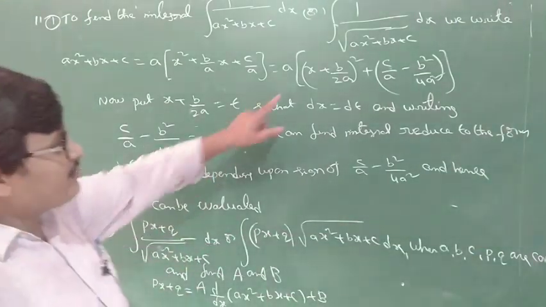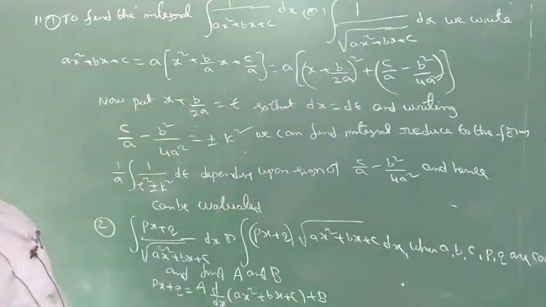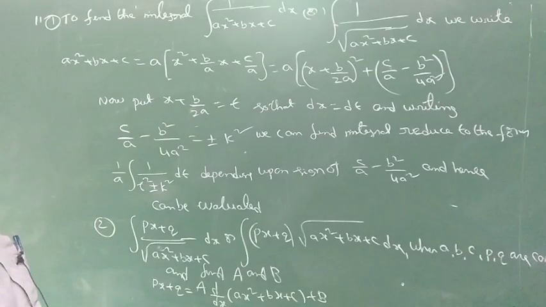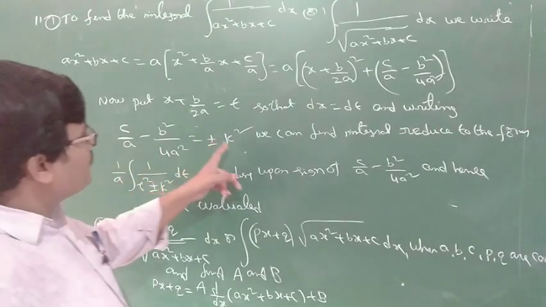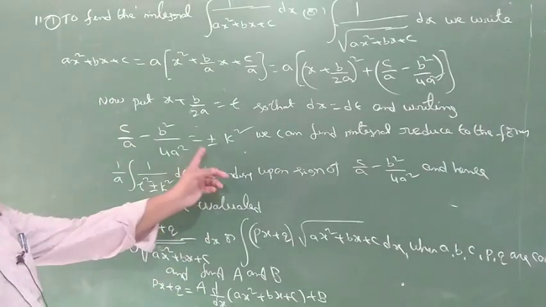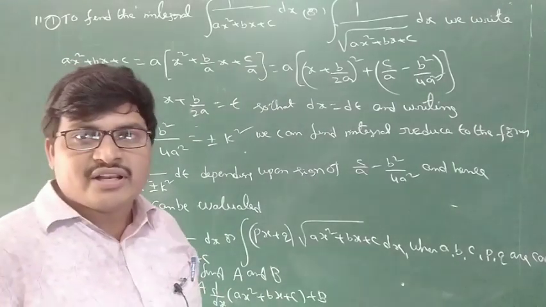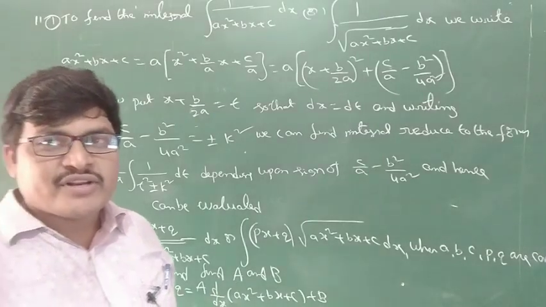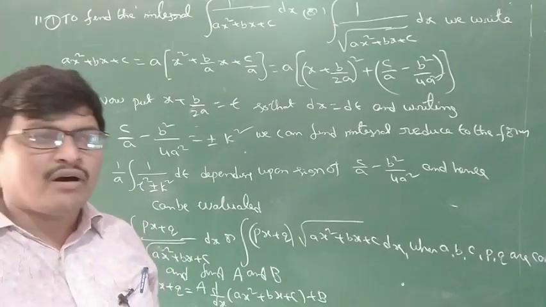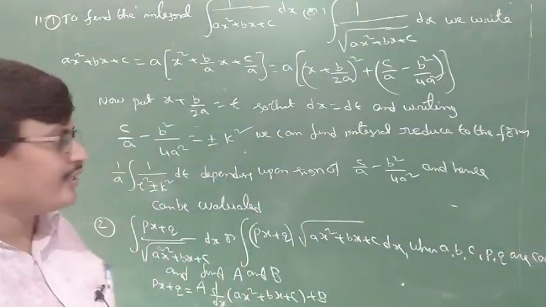Here x is equal to what? x plus something or x minus something. This is taken as t, first taken t, and then the derivative with respect to x. Okay, this is reduced into some plus or minus k square, plus k or minus k, a negative value or positive value, plus or minus k square, because in particular function formulas the types are x square minus a square, x square plus a square, not x plus a square type. There is no type of x plus a square. All formulas are x square minus a square or x square plus a square. So square is important.